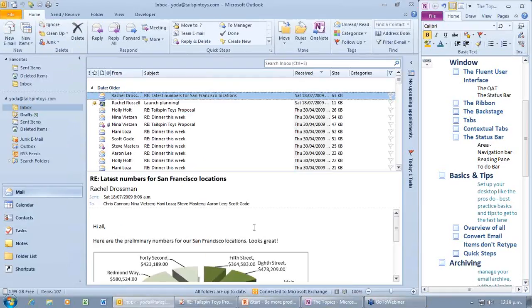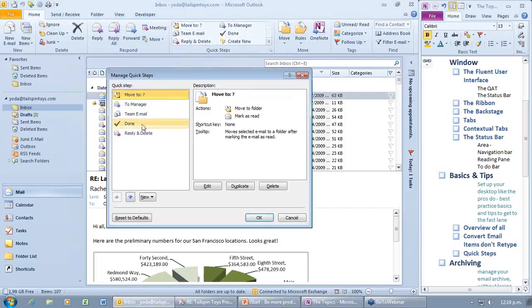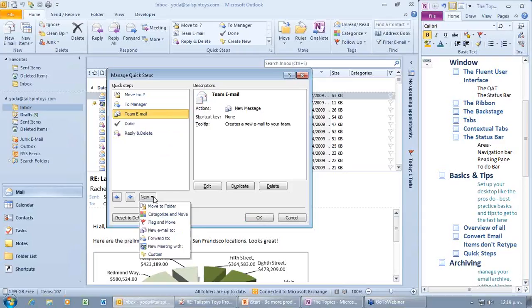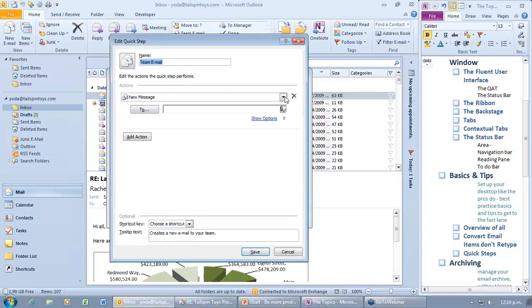Now, on my home tab, if you are doing things repetitively, please consider creating a quick step. So notice that I'm on my home tab in my mail view, and I can go and forward or create a new email or move. You can see as you hover on them, you can start creating these actual emails. So I'm going to create a little team email. I can create a new one, I can edit the existing one, and I can say, well, hold on. So we want to create a new